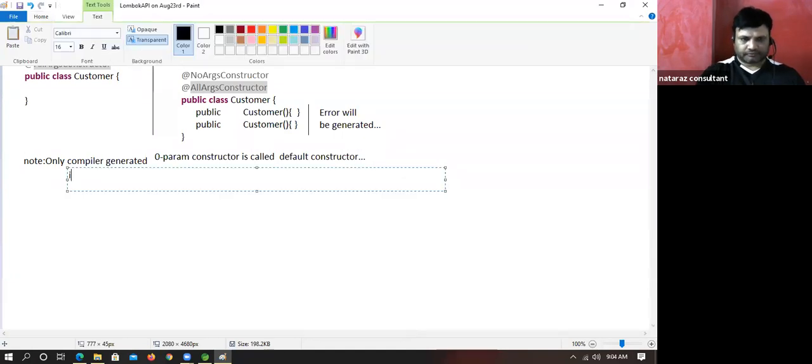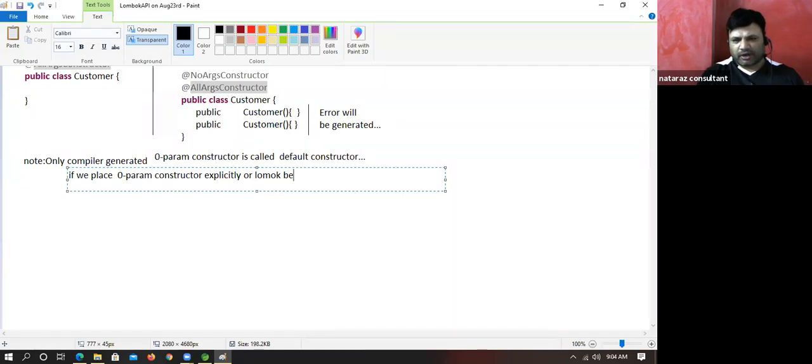Okay. If you place the zero param constructor explicitly, or Lombok generates